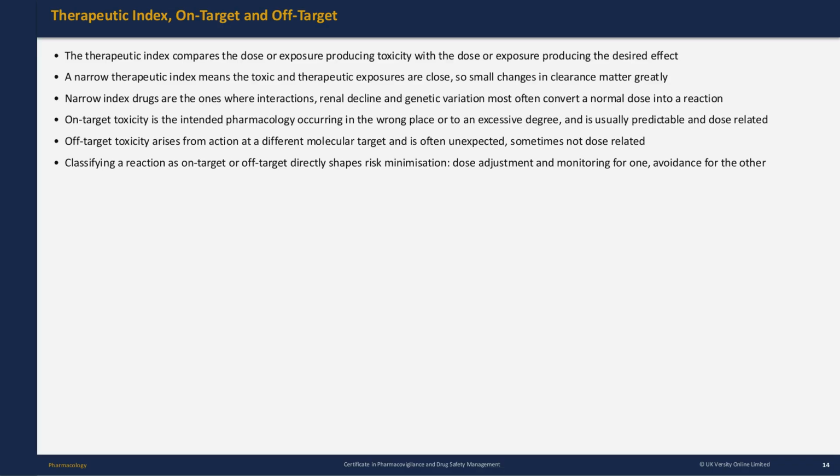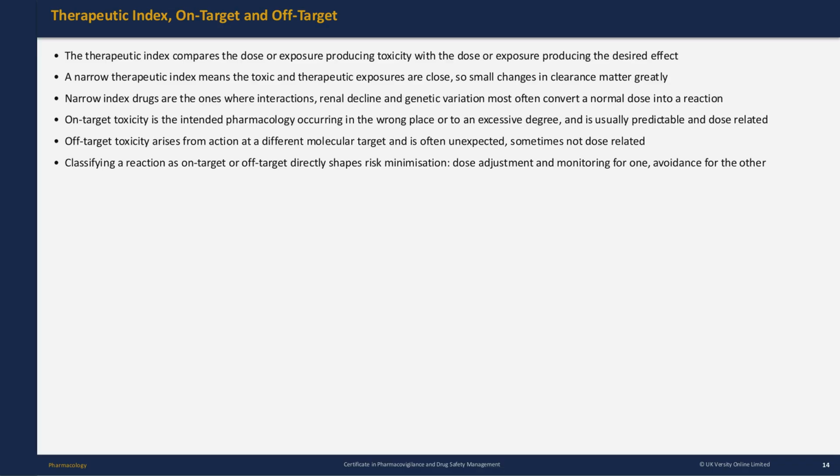Therapeutic index, on-target and off-target. The therapeutic index compares the dose or exposure producing toxicity with the dose or exposure producing the desired effect. A narrow therapeutic index means the toxic and therapeutic exposures are close, so small changes in clearance matter greatly. Narrow index drugs are the ones where interactions, renal decline, and genetic variation most often convert a normal dose into